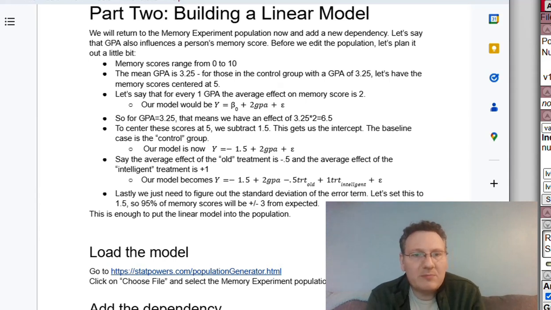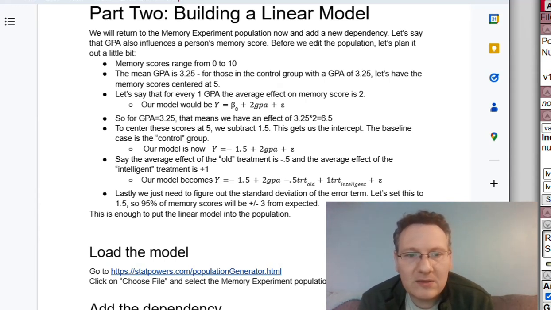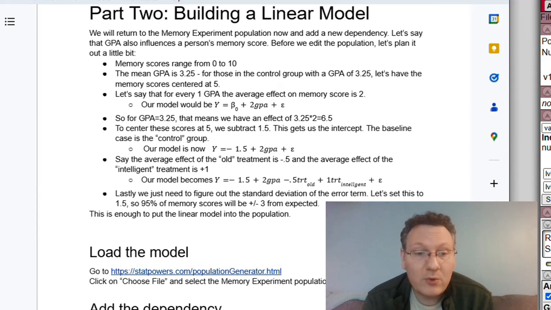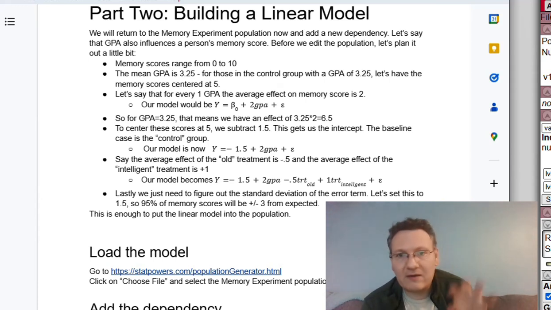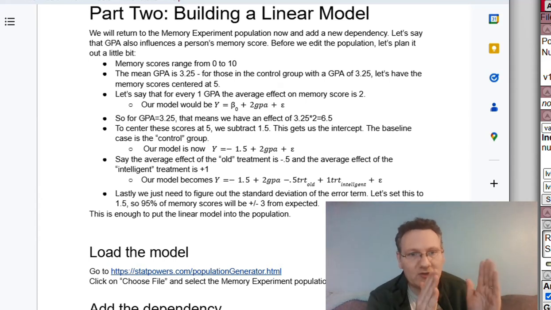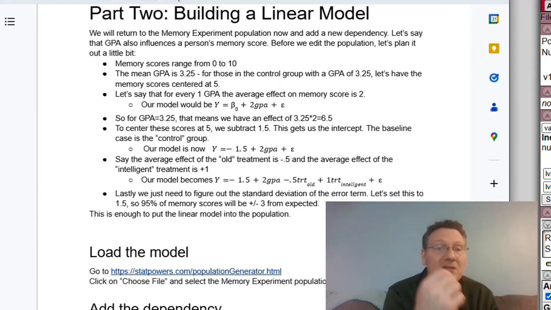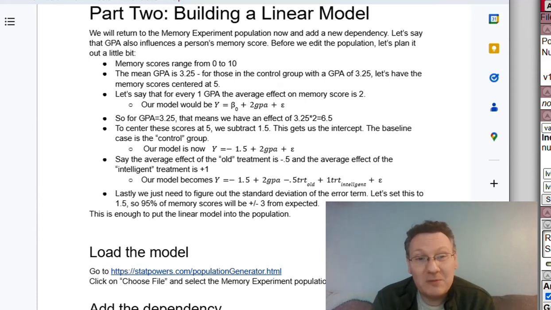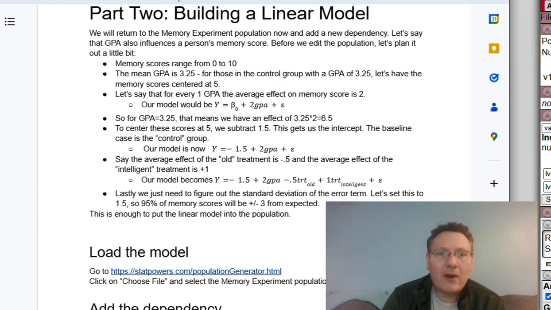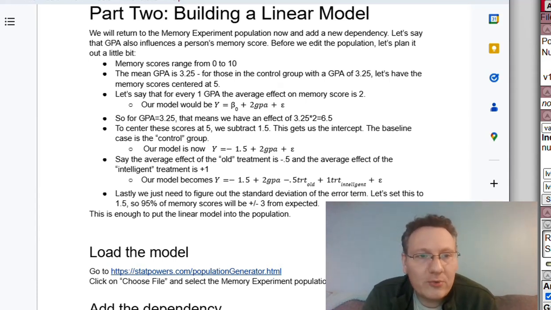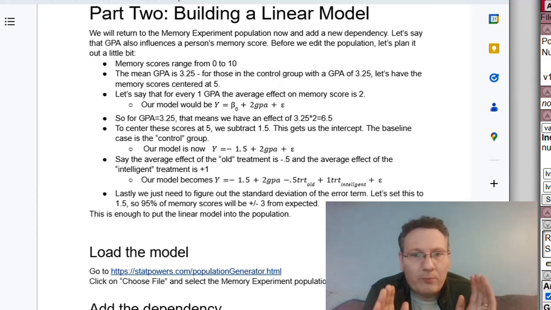What I want to do now is build a linear dependency, which is to say I want to create a linear model for the response variable. So rather than just having a discrete dependency, which is to say a different distribution for each of those 3 treatments, it'll be dependent on both treatment and on the GPA. Presumably, people with a higher GPA are going to do better in the memory experiment. Let's just suppose that's true. All right, so I want to talk through the logic behind this, these points one by one before we